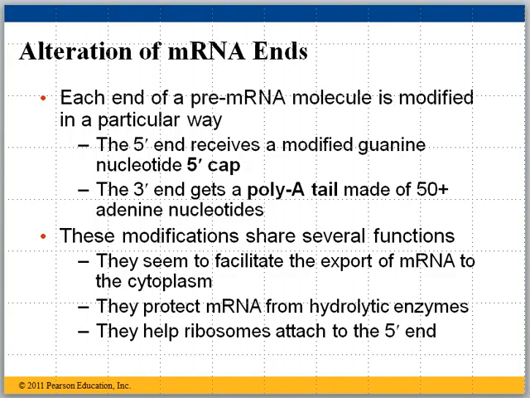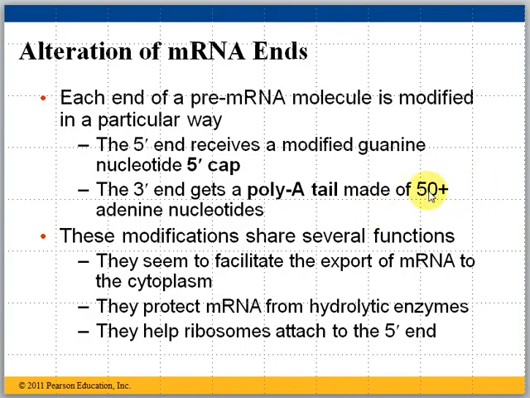First, let's briefly talk about how the ends of that messenger RNA strand get altered or modified. The 5' end receives a modified guanine nucleotide called a 5' cap. I'll tell you that it helps the RNA strand get out of the nucleus and not be damaged by some of the various enzymes that are around in the nucleus. And then the 3' end gets what we call a poly-A tail. Basically just a whole bunch of adenine nucleotides get added on to the 3' end,